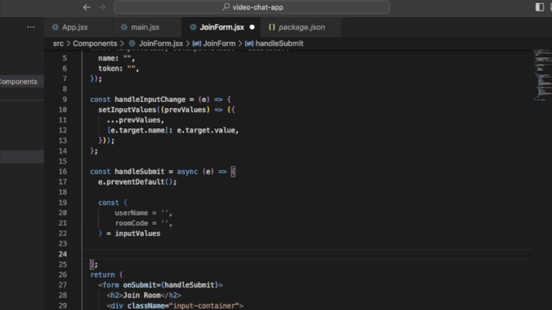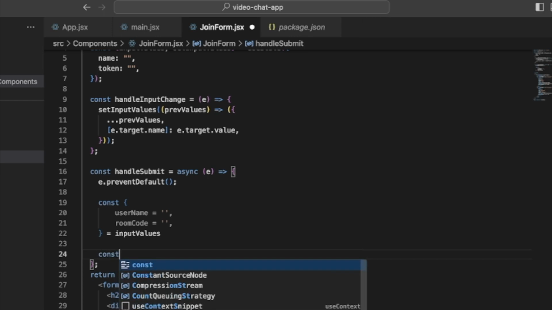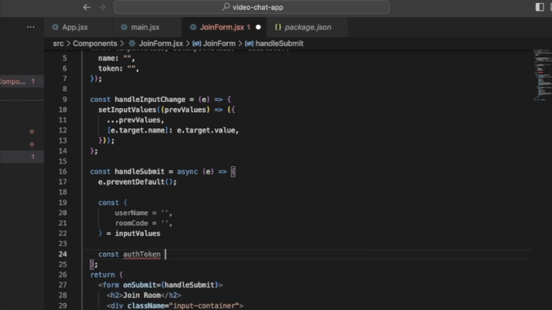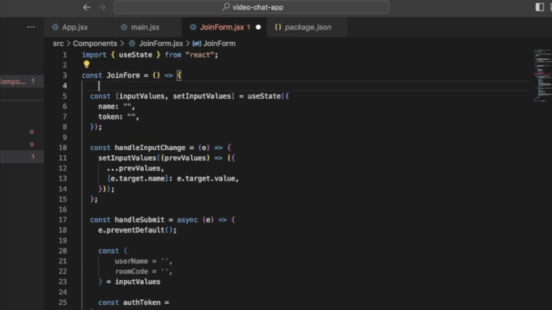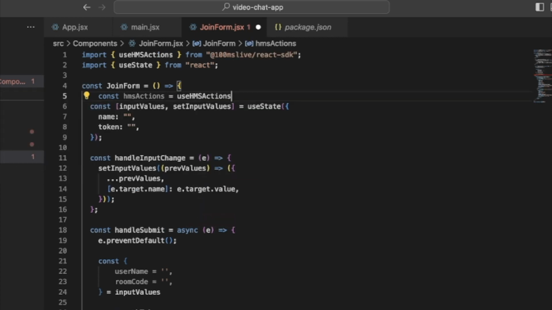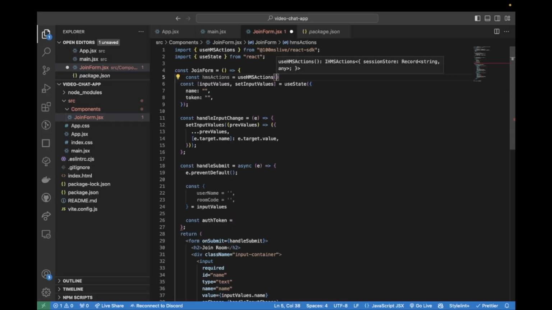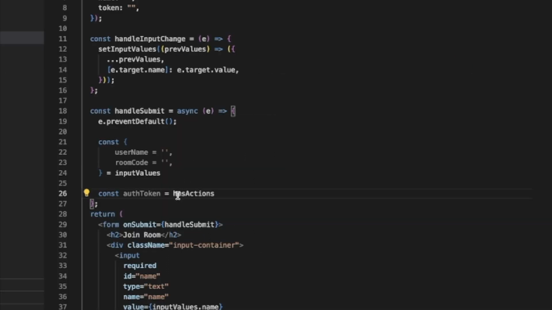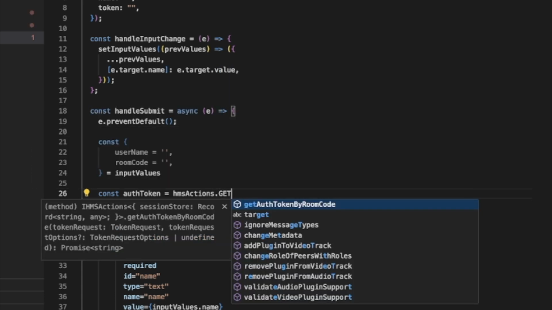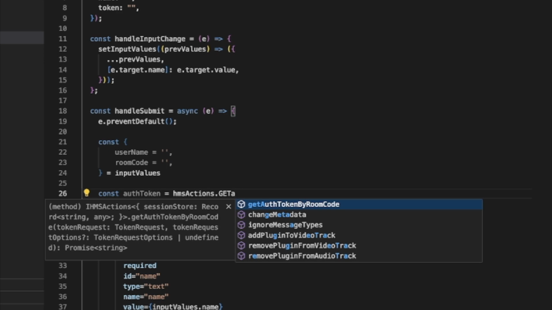Now we will use this room code to fetch an auth token. So we can create authToken equal to await and use the hmsActions from the 100ms React SDK. For this, we'll create an instance of hmsActions. We'll use the useHMSActions hook from the 100ms React SDK. For this, we'll create an instance called hmsActions and type in useHMSActions. This should import it from the 100ms React SDK, and we can use this hmsActions to get auth token by room code